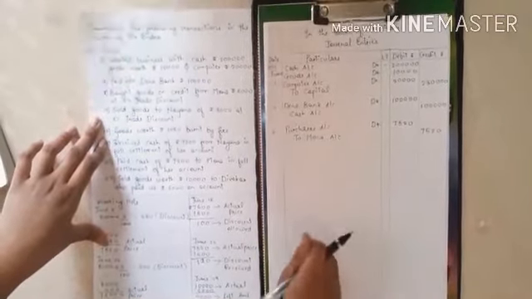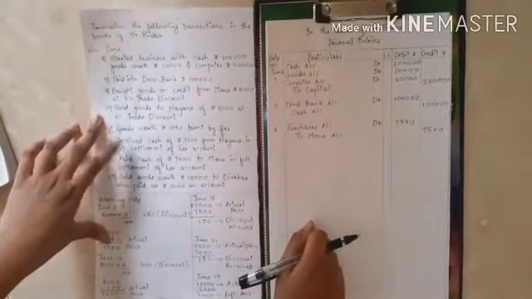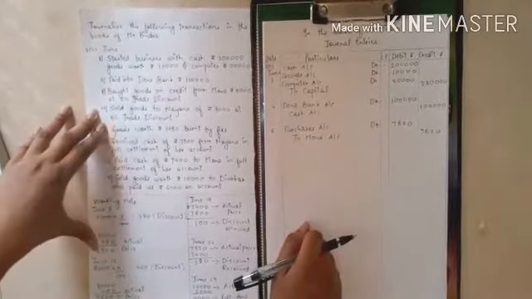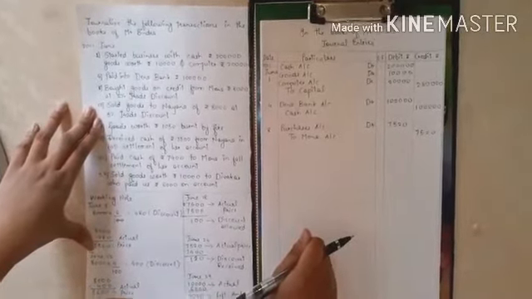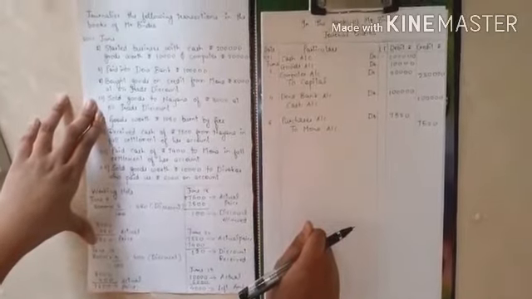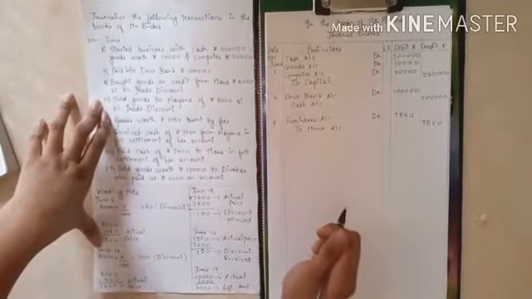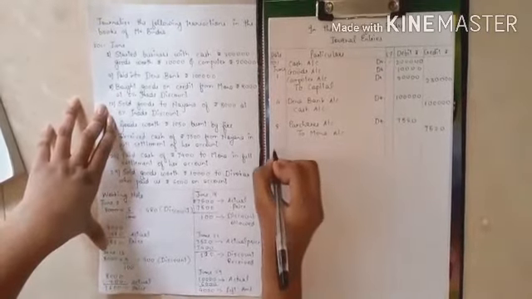Next transaction. Sold goods to Naina of rupees 8,000 at 5% trade discount. Now here Mr. Bindra has sold goods to Naina of rupees 8,000 at 5% trade discount. So in the working note we have already calculated the actual amount of the goods that we sold to Naina. What is the actual price? 7,600 is the actual price. So we will write here